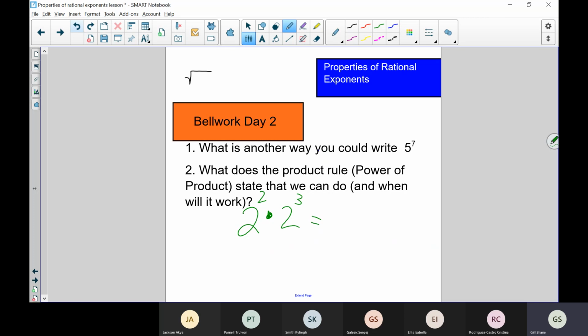It says, if you are multiplying terms with the same base, so again, the base is the big 2. This is one of the base numbers, and this is the other base number. They are the same. They have to be the same. If you've never written that in your notes, you need to write that in your notes. If they have the same base number and you're multiplying the terms, to get the answer, all you really have to do